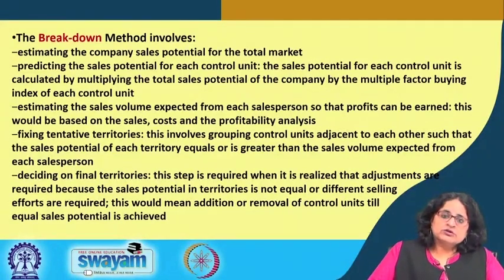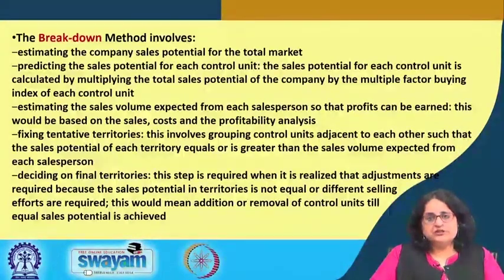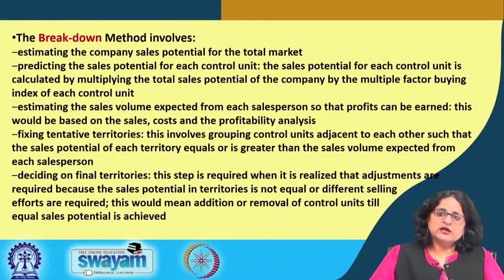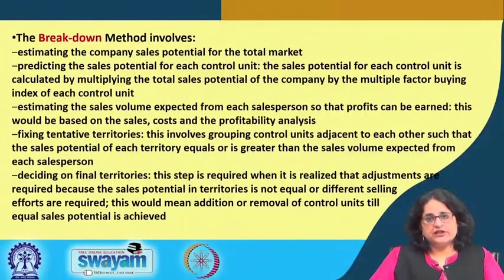So, you will group control units adjacent to each other such that the sales potential of each territory equals to or is greater than the sales volume which can be generated by the salesperson, and then you decide on the final territories. So, this again you may have to decide, or you need to decide on the final territory when you realize that the adjustments are required, because the sales potential in each of the territories is not equal or different selling efforts are required, which would mean that the salesperson has to spend more time, and